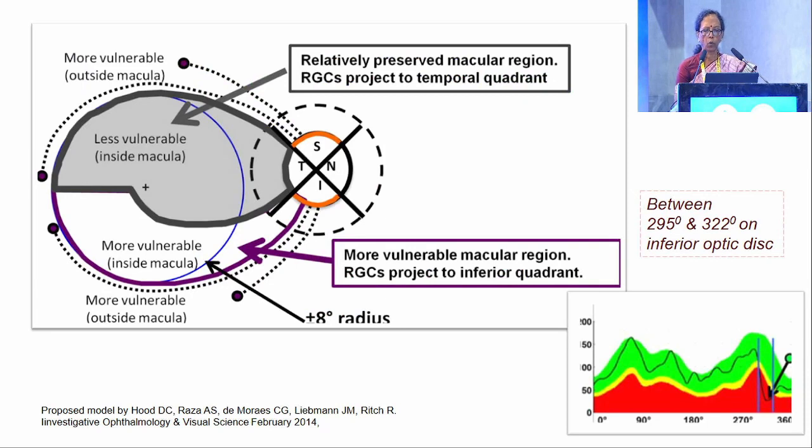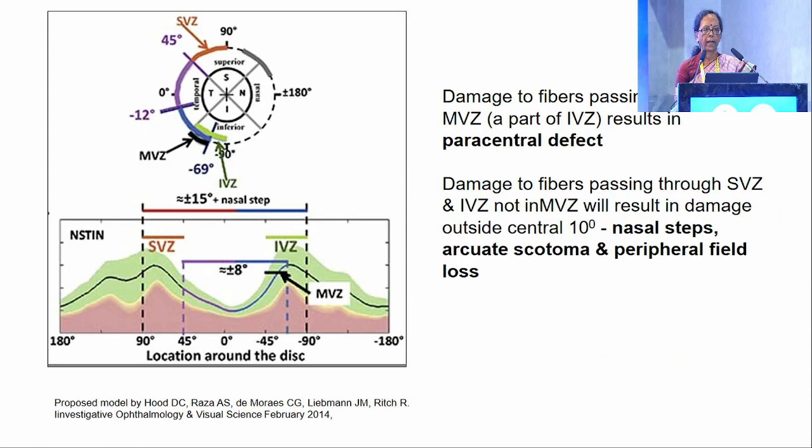And here Donald Hood conceptualized a model, in which the less vulnerable area inside the macula, the temporal region, is least affected due to the papillomacular bundle, and the more vulnerable area is the inferior retinal area, which lies between 295 and 322 degrees on the inferior part of the disc. Damage to the fibers passing through the superior and inferior vulnerable zones, which are not in the macular vulnerable zone, causes nasal steps and arcuate scotoma in the peripheral field, whereas the fibers coming from the macular vulnerable zone